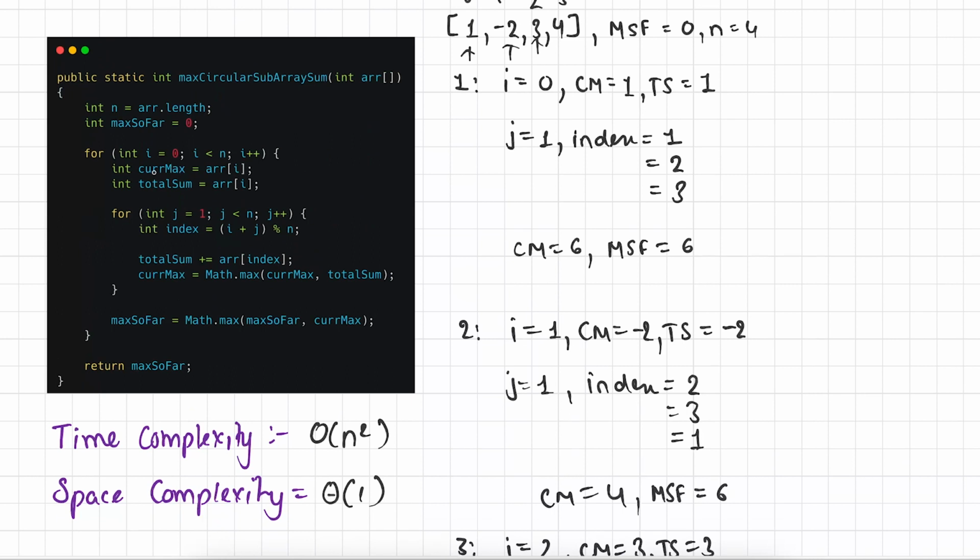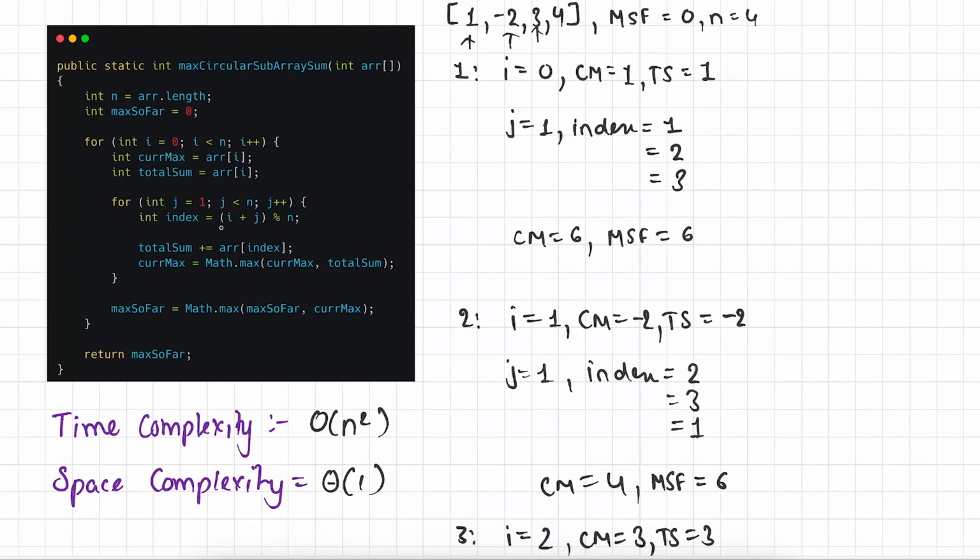As we are running 2 loops, the outer loop is running n times, and in the worst case our inner loop also runs n times. So we can say that the time complexity of this function is going to be big O of n square. Talking about the space complexity, as we are not using any extra space other than a few variables, we can say that the space complexity of this function is going to be theta of 1. So basically with this approach, we are solving this problem in big O of n square time complexity and using constant